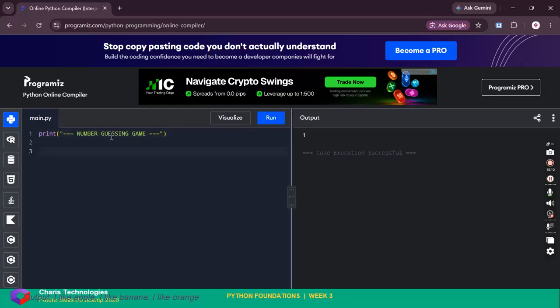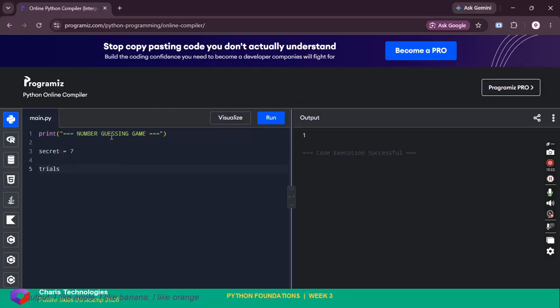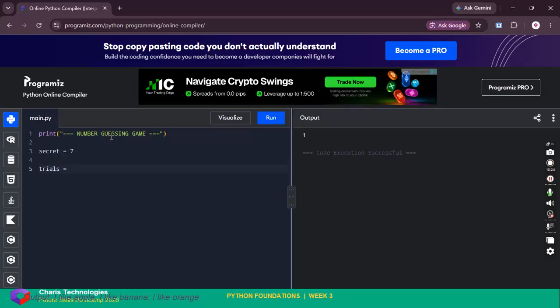First let's store a secret number. Secret equals 7. Then let's say trials equals 3. So trials is the number of times you want the